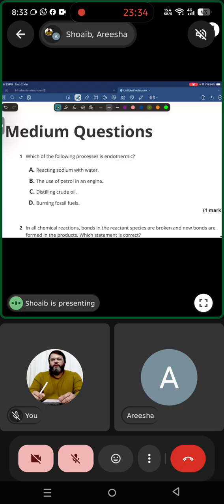So reacting of sodium with water. The reacting of sodium with water is an exothermic reaction because heat energy is generated. The reaction is very violent. So A is not our answer. This one is what? Exothermic. So from here we can say that group number one reaction with water